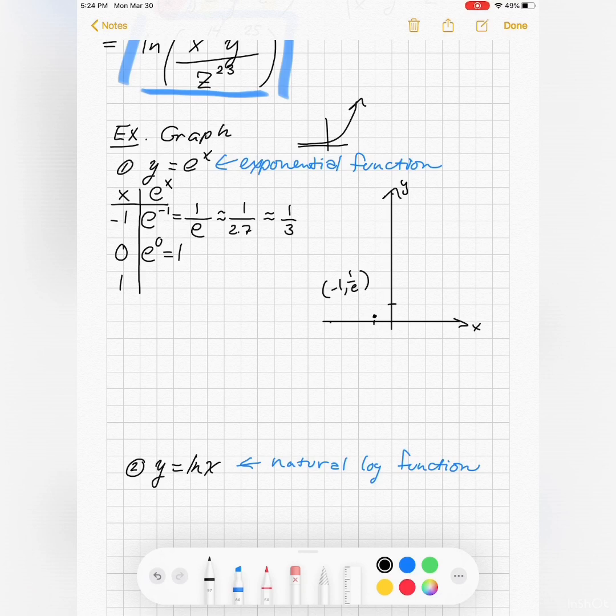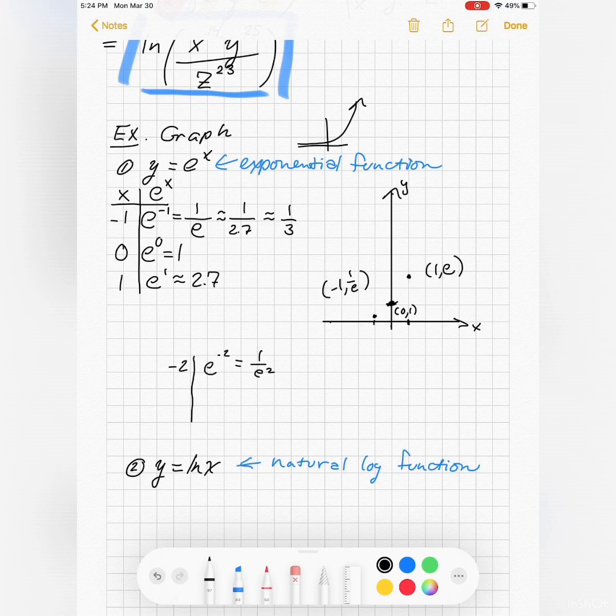E to the 0 is easy. That one's 1. It's here. E to the 1, well, that's about 2.7, so it's right here. Now, I know if I continued this table with smaller values, I'd